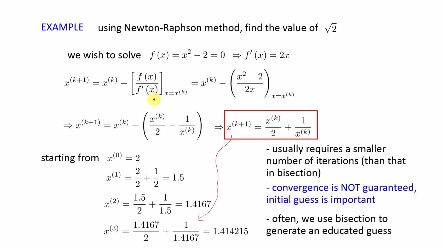And even in some cases where f prime x is not 0, it may be possible that my solution will not reach convergence. For example, let us say if I have a function like this